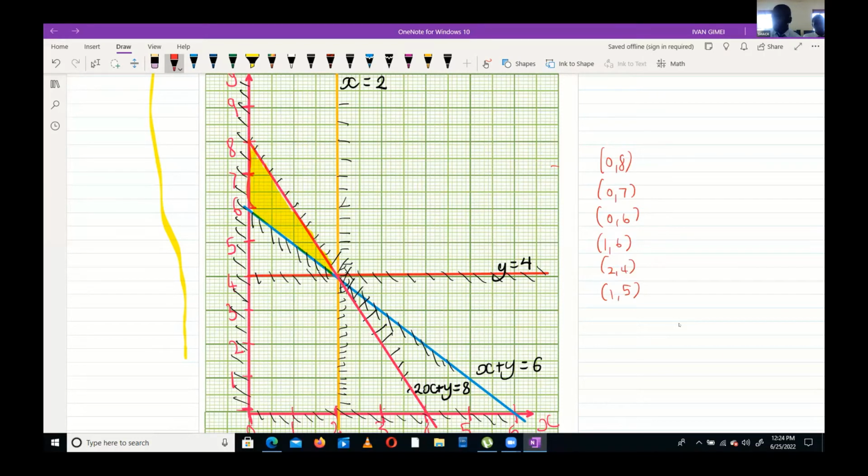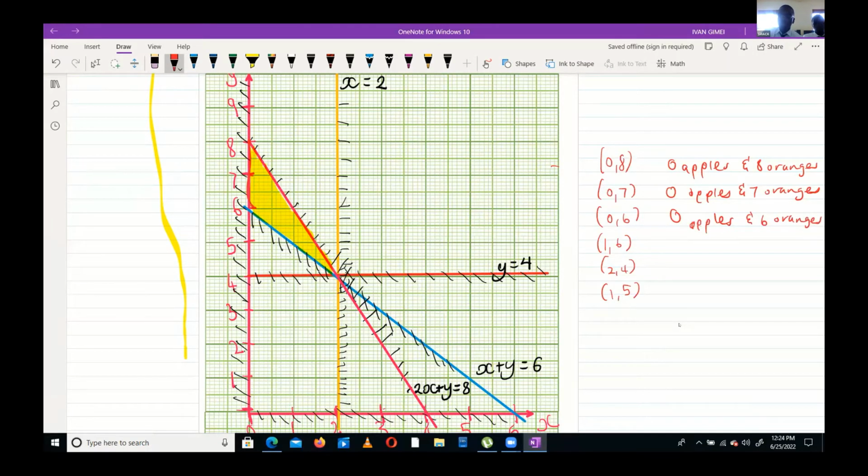Those are all the possible combinations of values we have. But they ask for combinations of apples and oranges, so you have to interpret this. So the possible ones are 0 apples and 8 oranges, 0 apples again and 7 oranges, 0 apples and 6 oranges,